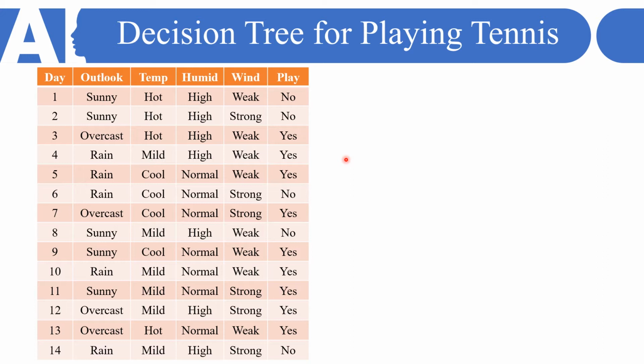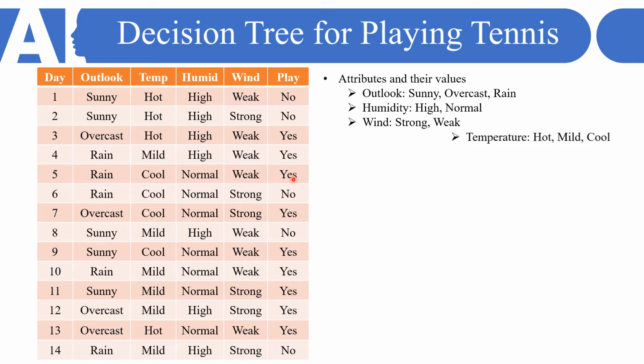So different conditions for a day are given, and then we are going to decide whether we can play tennis or not. The different attributes you can see in the first row, and the last decision, whether we can play or not, is in terms of yes or no. If I list out the different parameters with their values, here we have four attributes. First is the outlook, then humidity, then wind, and then temperature. So these are the four attributes.